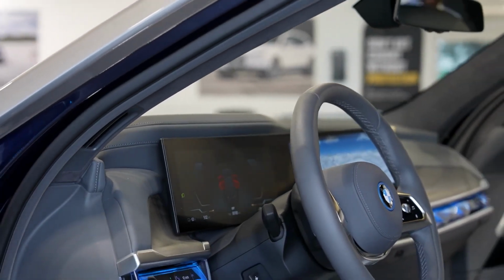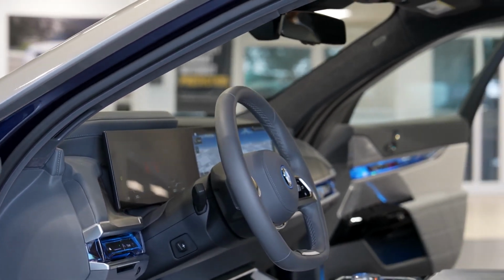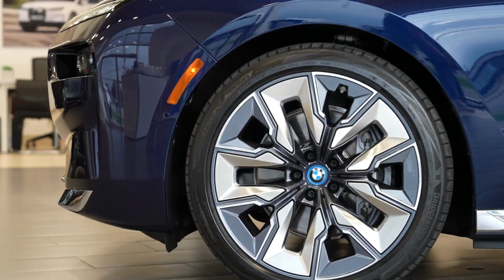So, if you're in the market for an electric luxury sedan, the 2023 BMW i7 is a car that you